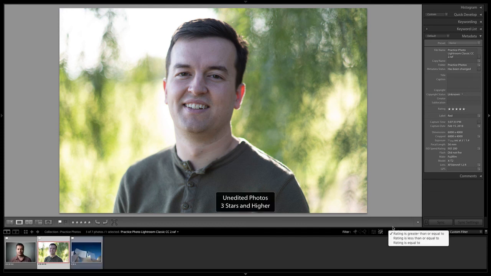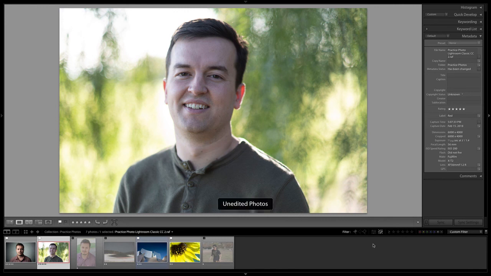At the core though, what I do is basically using the star rating to say that these are photos I'm going to edit and these ones I'm not. And you can do the same thing with the flag or the not flag. I just like having these stars so that I can also tell myself at the same time that these are the best photos. These are good. I'm still going to edit them. And these are just not so great photos. So that's how you filter photos.